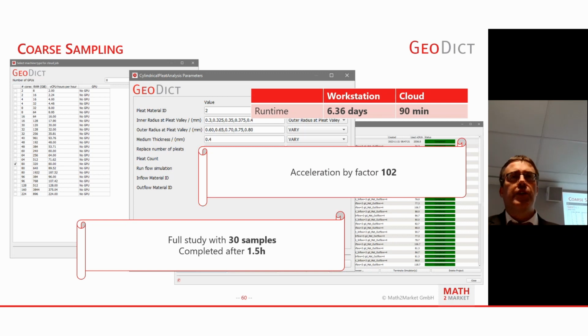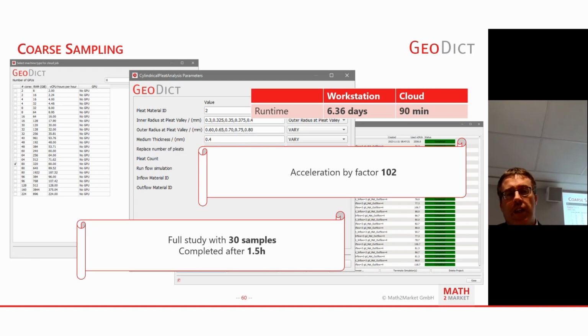The cloud simulation finished, and as I mentioned, the longest running simulation was 90 minutes, which is an acceleration factor of 102. So, of course, the question would then be, what would your time to get a measurement result be? Probably not within 1.5 hours, is it? And that's already calculating 30 samples here.